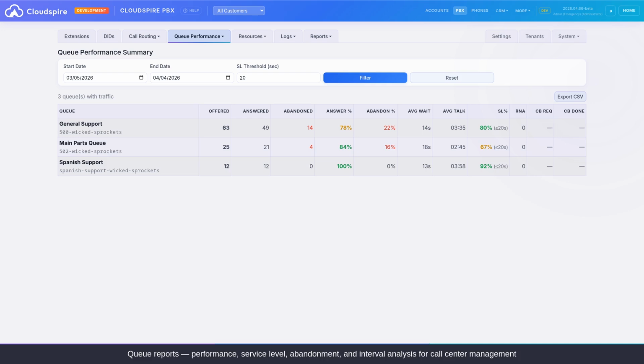All 4 reports support date range filtering and CSV export for external analysis. Use queue performance for daily health checks, service level for SLA reviews, abandonment for caller patience analysis, and interval report for